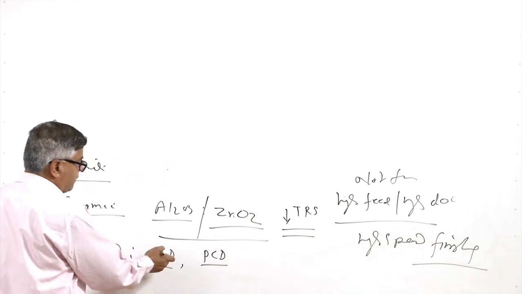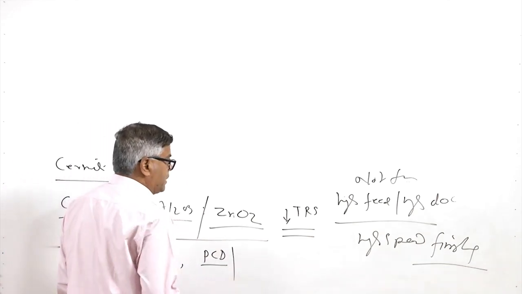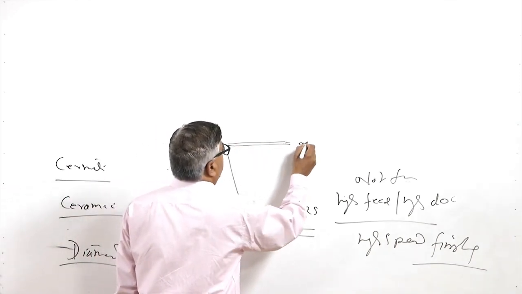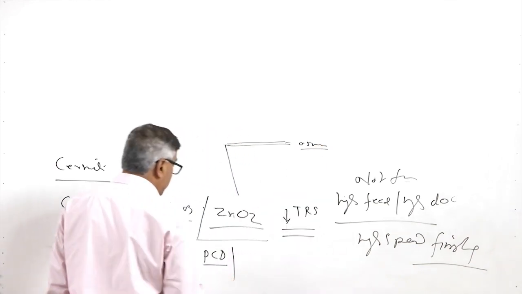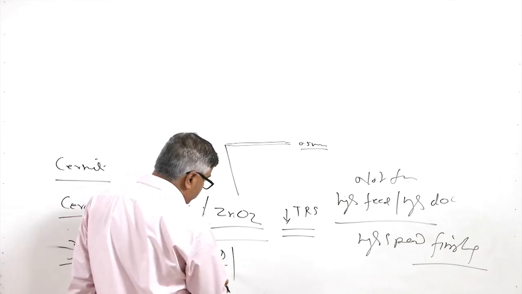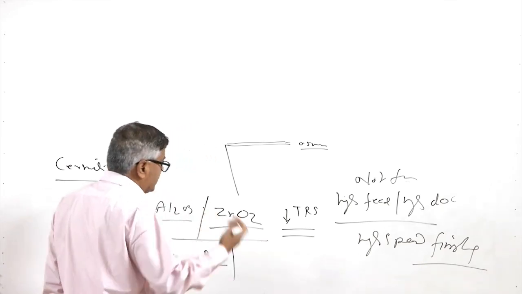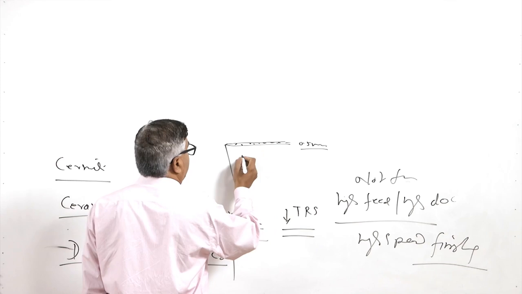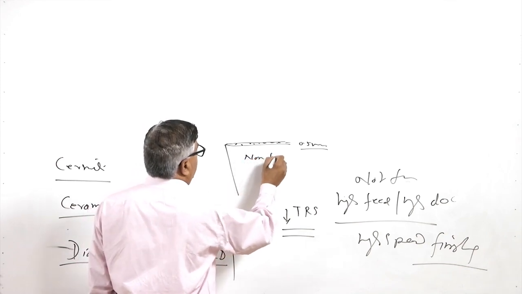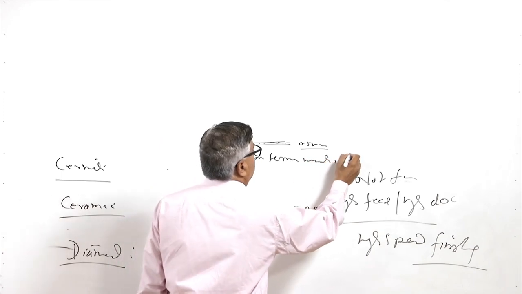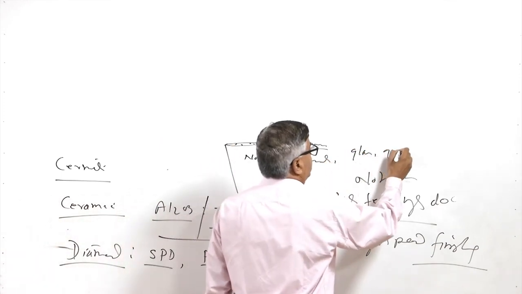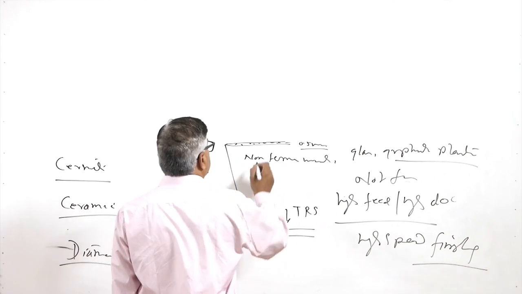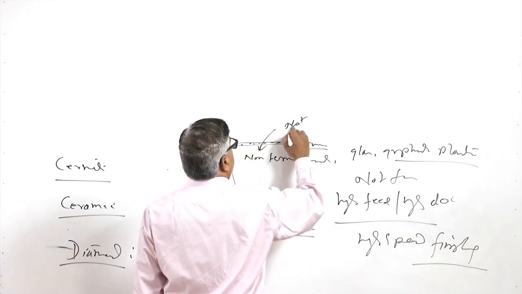These are normally used for developing coatings of about 0.5 mm, and since these are very good in terms of hardness as well as ability to withstand high temperature, these PCD coatings can be effectively used for machining of non-ferrous metals, like glass, graphite, plastics, etc., which can be easily machined at very high speed,